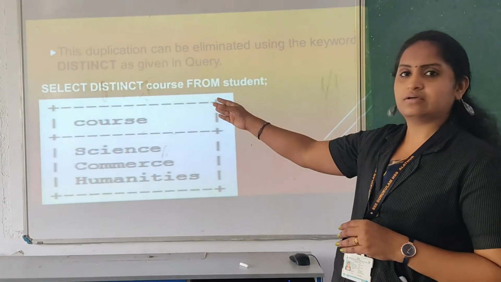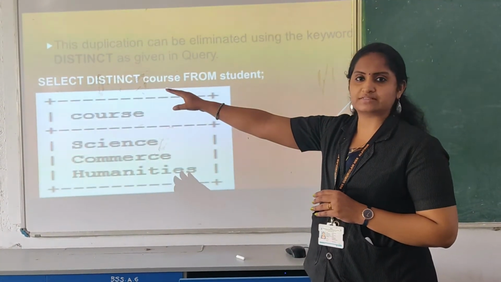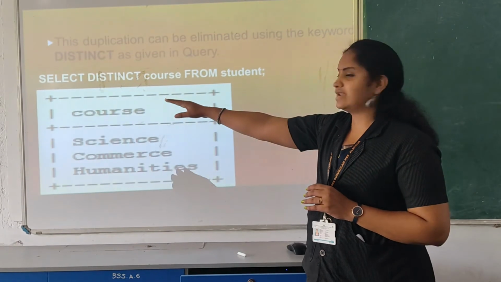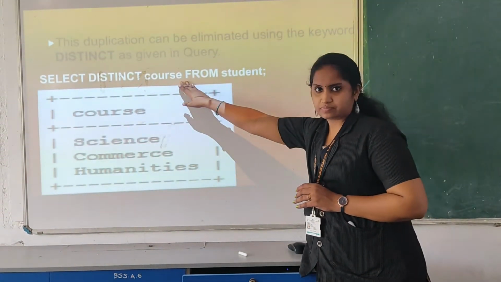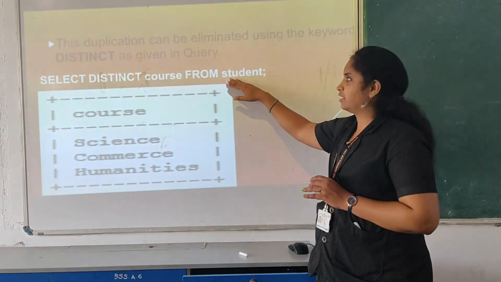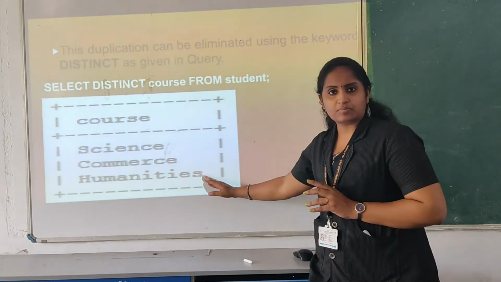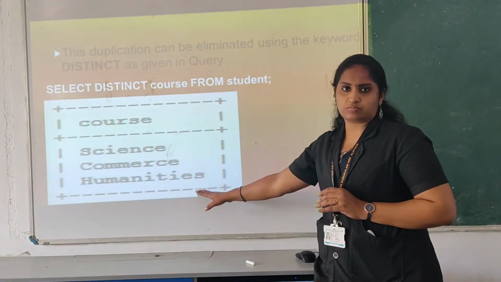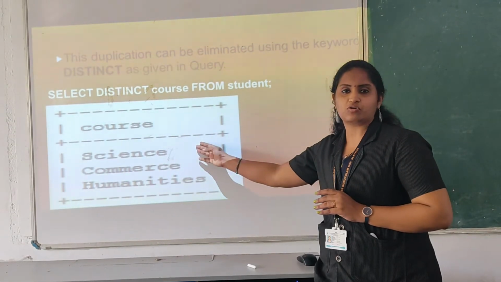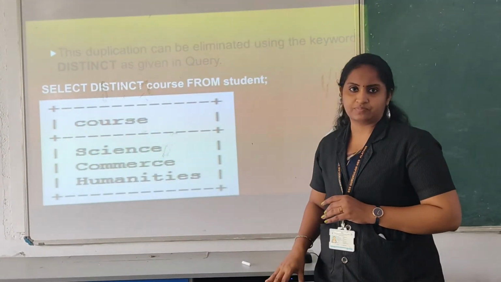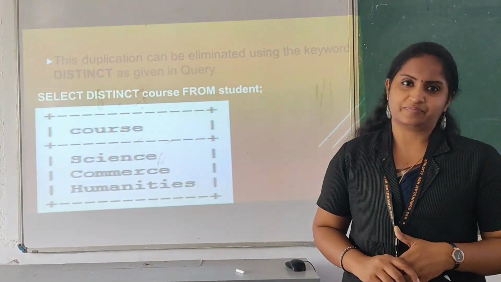Here you can use the distinct keyword with the select. We are going to select some content, is it? So select distinct course from the student table. Like this you can access, and you will get the main values. Whatever is available will be displayed. Generally we have the courses science, commerce and humanities. So here you got the information using the distinct value.